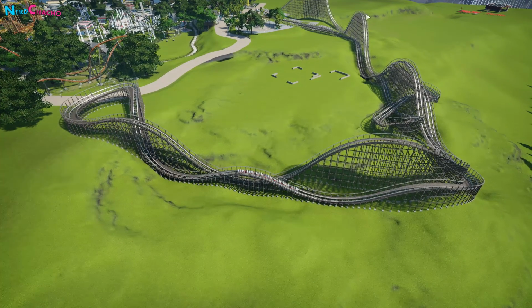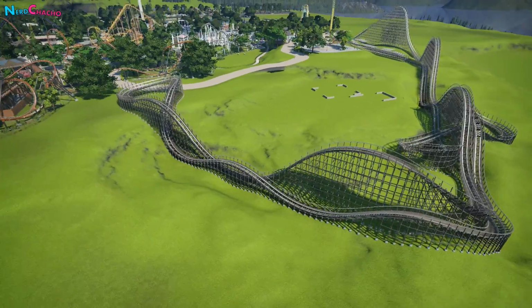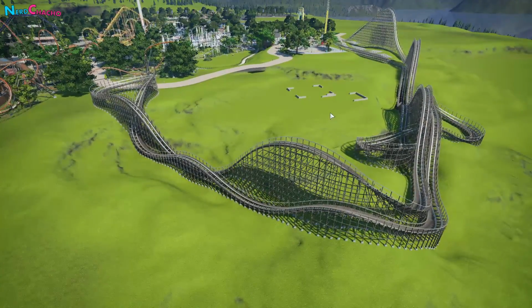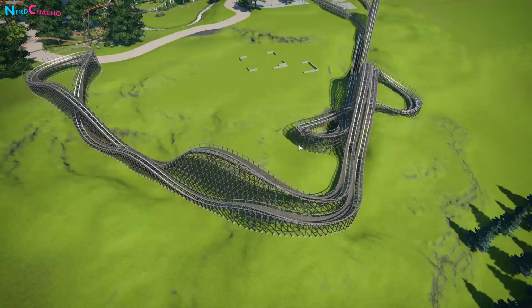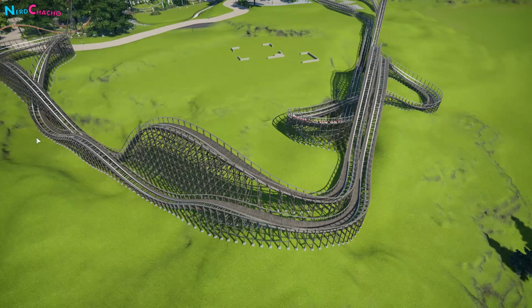And then these airtime hills, they lend themselves quite nicely to the full 180 degree high five passes and stuff. So anyway, let's not talk about that. You need to get me to 100 first. Sorry, to 1,000 first. So anyway, we come into the snake dive, into a small air hop around the corner,